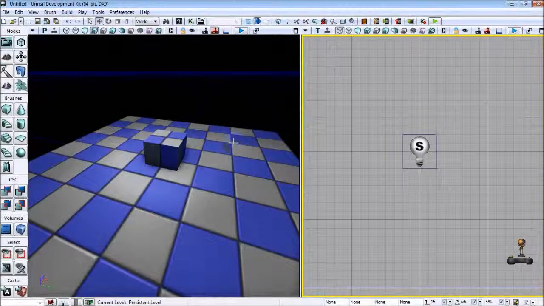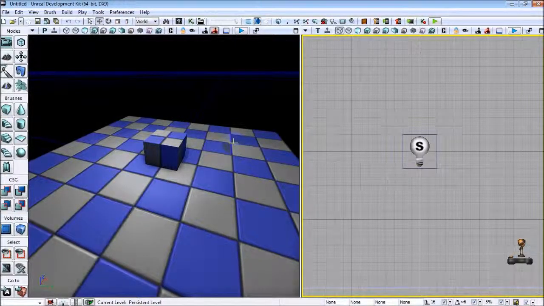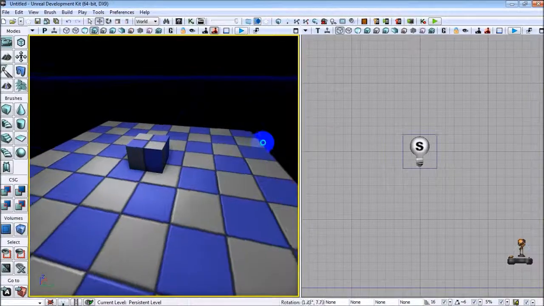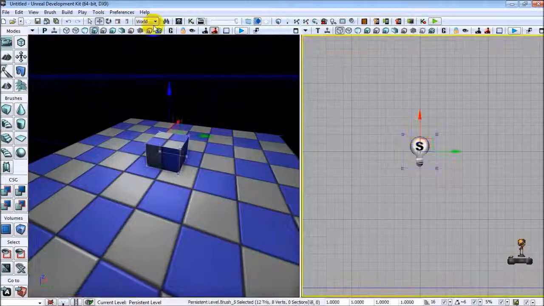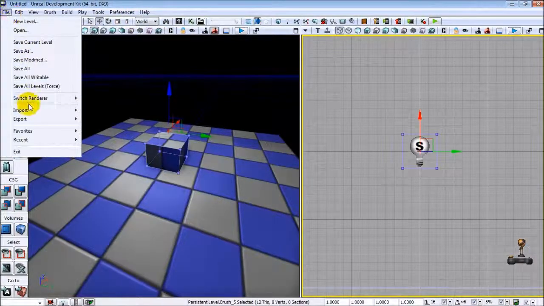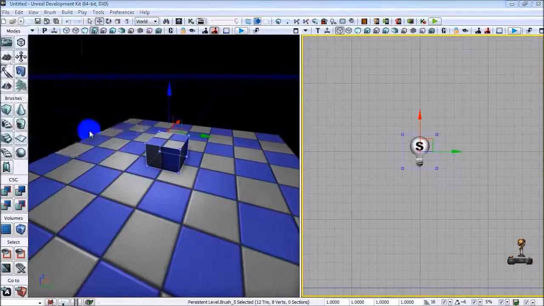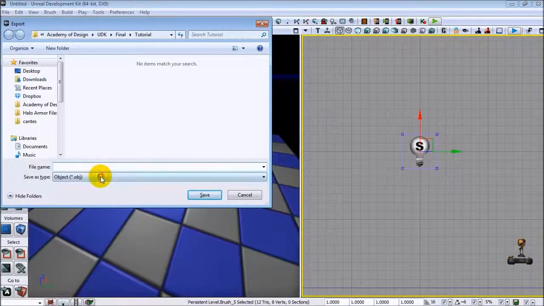Hi, I'm doing a tutorial for the Unreal Development Kit and 3DSMAX 2013 on how to import and export in between the two programs. First, you get an object in your scene, select the object, go to File, Export, Selected Only, make it an FBX, name your object,